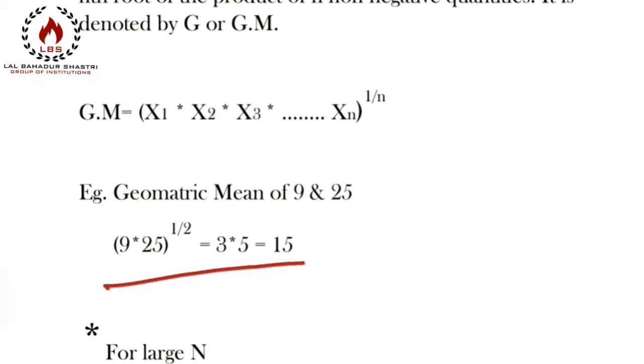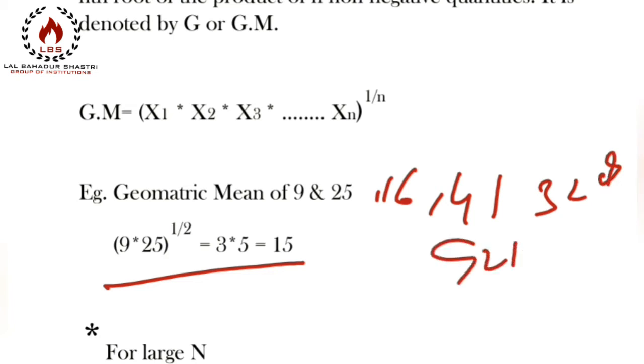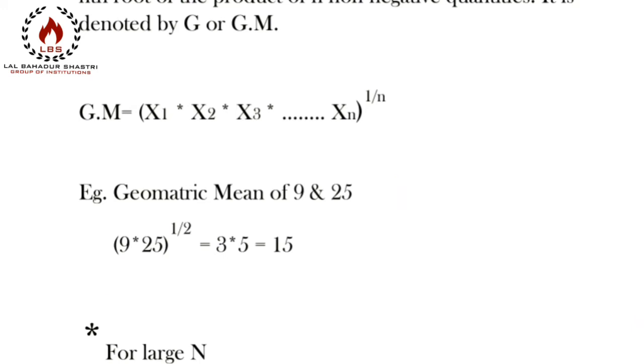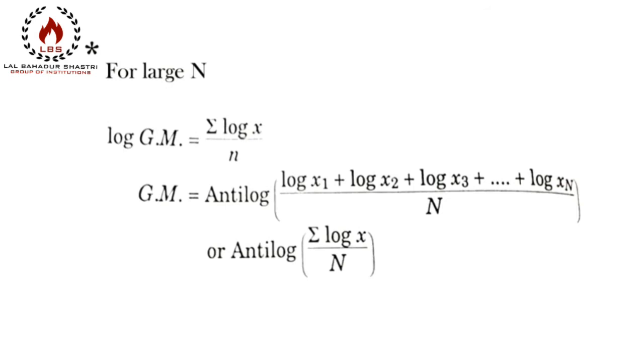But if we have large numbers, that is 9, 25, 16, 41, 328, 921, 1025, if there are such big values, then you will use log. If you try to calculate it directly, the calculation will be very lengthy. So if we have large n, for large n the formula will be this, the log of geometric mean